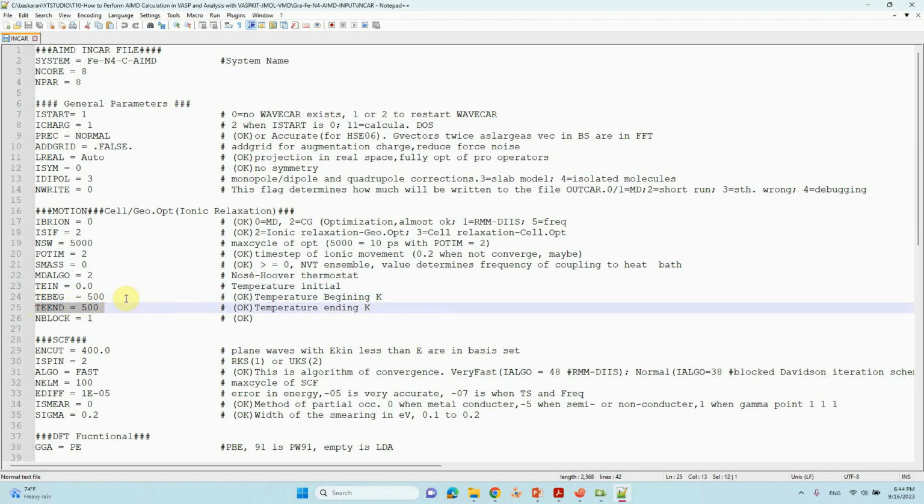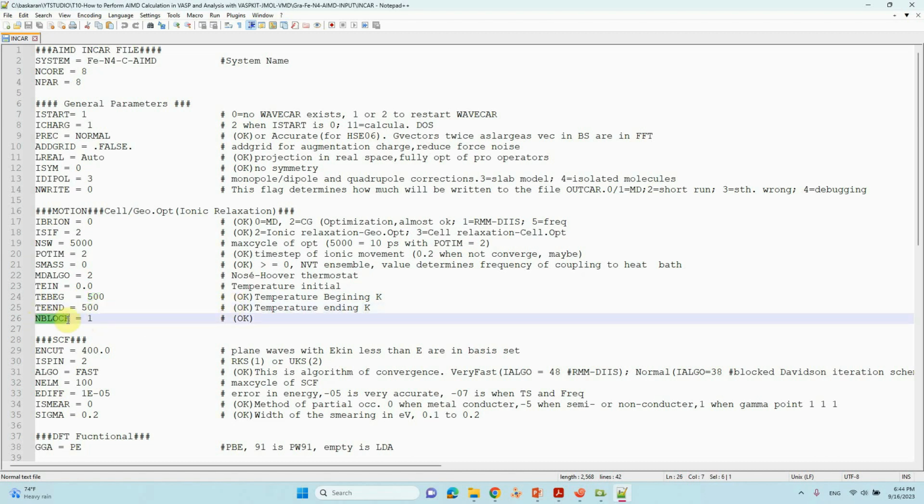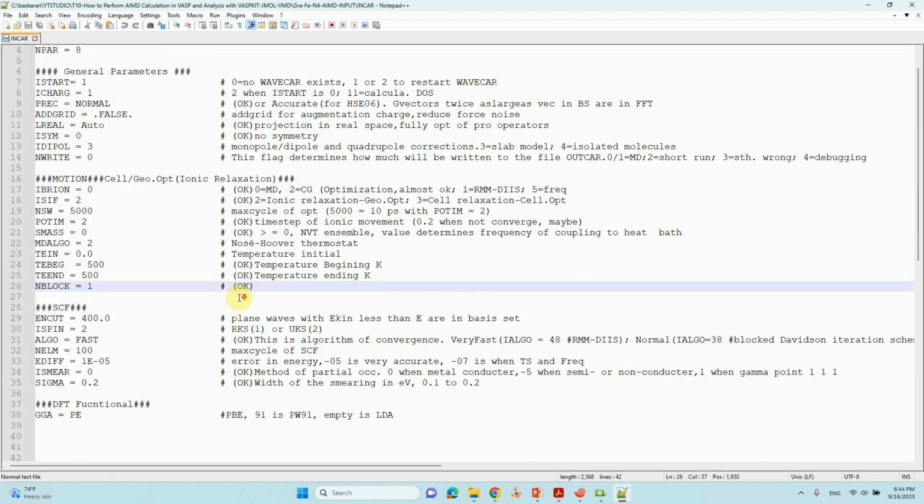If you want to give another temperature, for example 900, you can give 900 here also. That means your calculation will be for 900 Kelvin. So these are the important ones. You can also use NBLOCK 1 for dynamics calculation. And also here see the important SCF